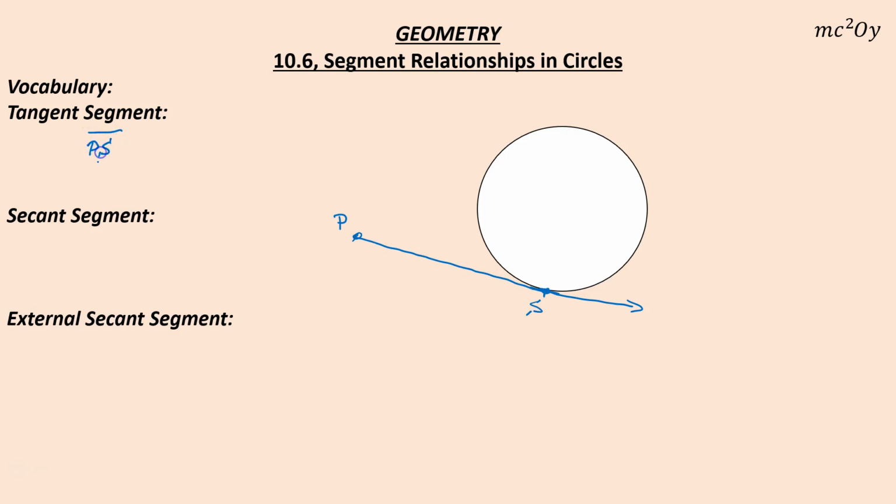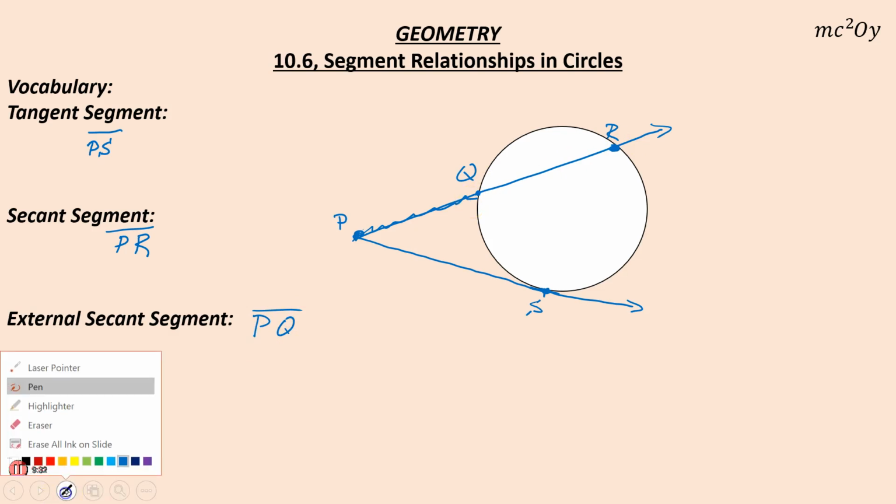Okay. A secant segment would be a secant, so it touches the circle in 2 spots. Let's go ahead and label that Q and R. And a secant segment is the segment that goes from the point on the outside, P, all the way through the circle to R. The external part of that segment would be the part that lies on the outside, so P to Q. And so technically the chord on the inside, I guess, would be your internal piece. All right, so using that,